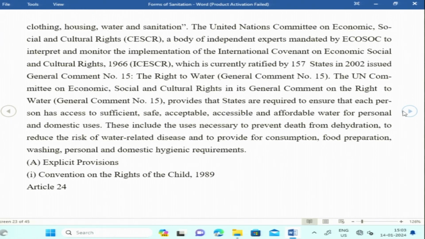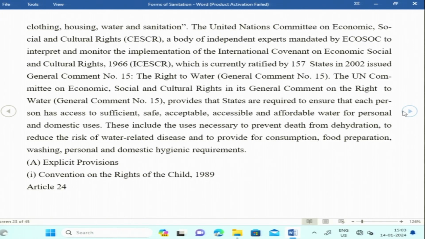In that sense, we can speak about the United Nations Committee on Economic, Social and Cultural Rights, which of course is the larger global body. We can speak about certain concerns related to the right to water, or we can speak about the United Nations Committee on Economic, Social and Cultural Rights. So, all these aspects are going to be seen as important conventions or provisions which are legally laid, and for that if you try to see, the very first thing of course is